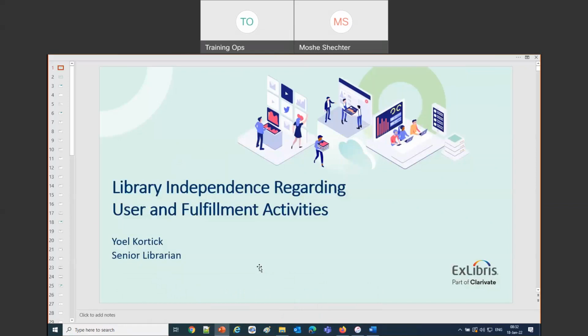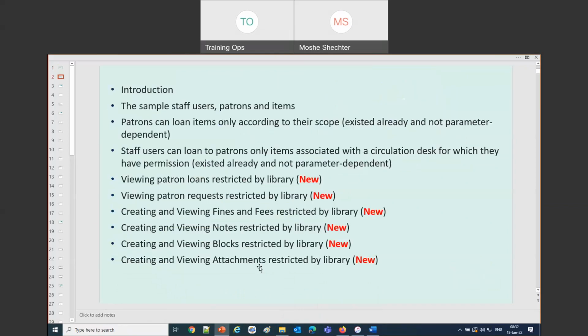Okay, so now we're talking about some things which already exist, some things which are new. And we've stated here exactly which things are new. The viewing of patron loans restricted by libraries.